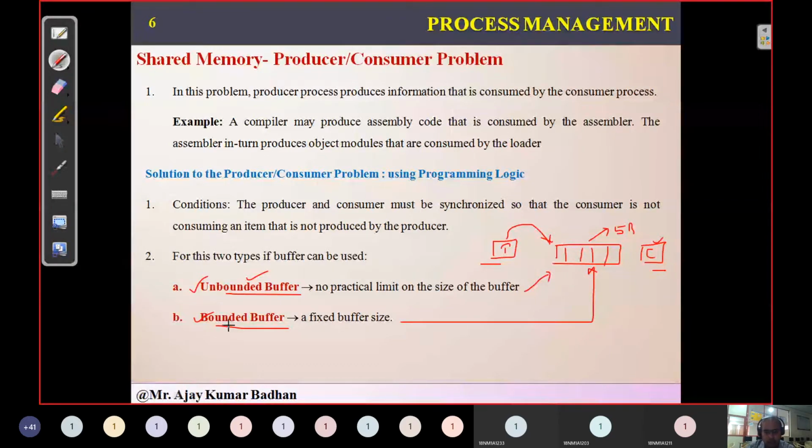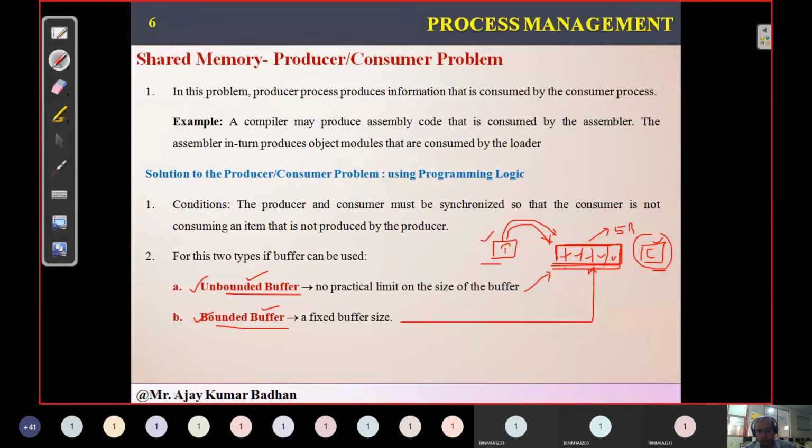But coming to the bounded buffer, what it is saying is, if this particular buffer is full, let us suppose the producer is producing an item, and all these blocks are filled. We have only 5 blocks, and all these 5 blocks have been occupied. Now, can he generate a new item? Well, yes, he can generate a new item, but he cannot store that item in this particular block because these blocks are already filled up. So definitely he can't add the new one. This is the only restriction with respect to the producer.